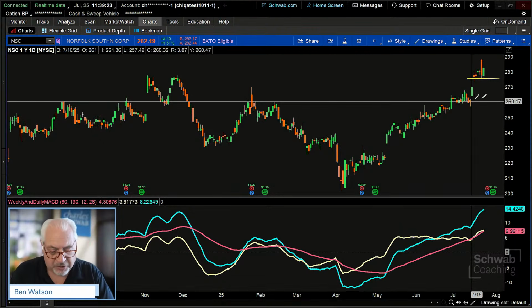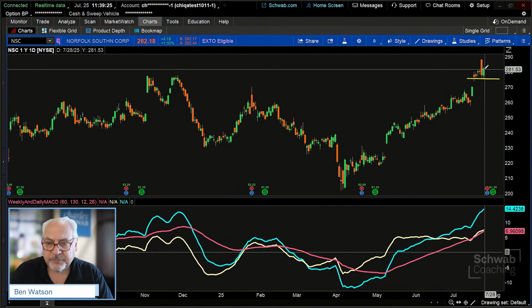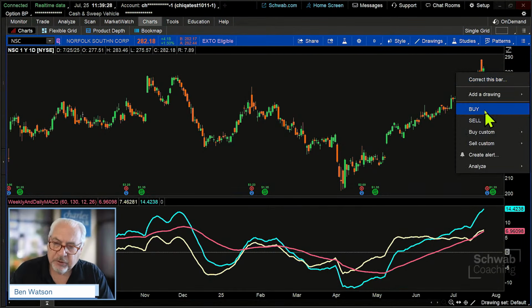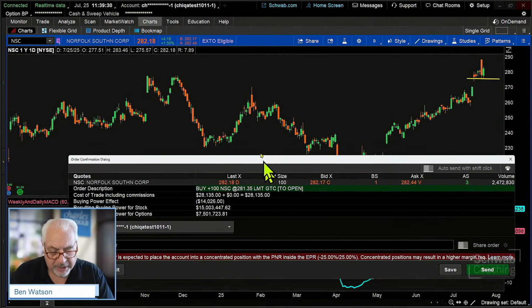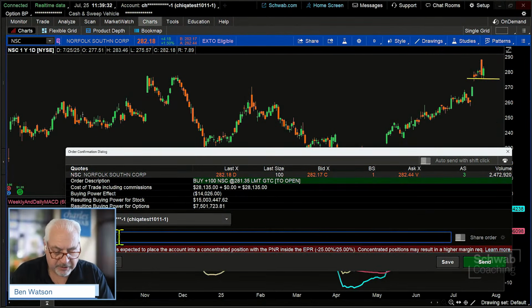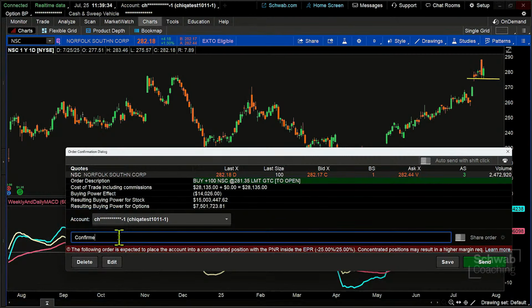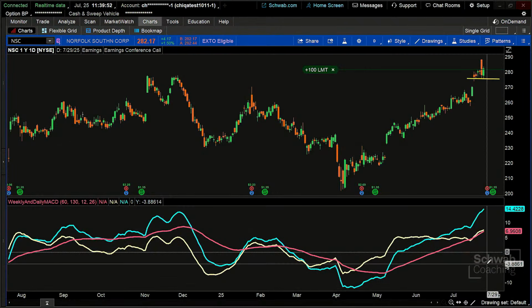This is a confirmed breakout with weekly and daily MACD so that I know what that's doing. I'm going to put that in my stocks group, and we're going to click on send, and fire that order off, and we'll see if we can get into that trade. I may have to bump this a little bit because it's starting to move up. So I'm going to bump that, and we'll click on send and fire that order off. And now we ended up at 282.